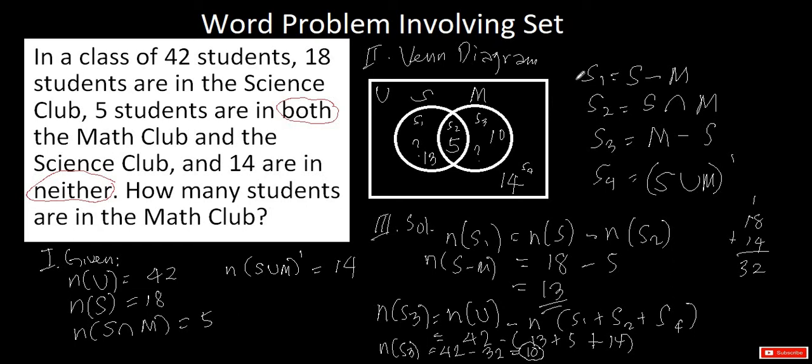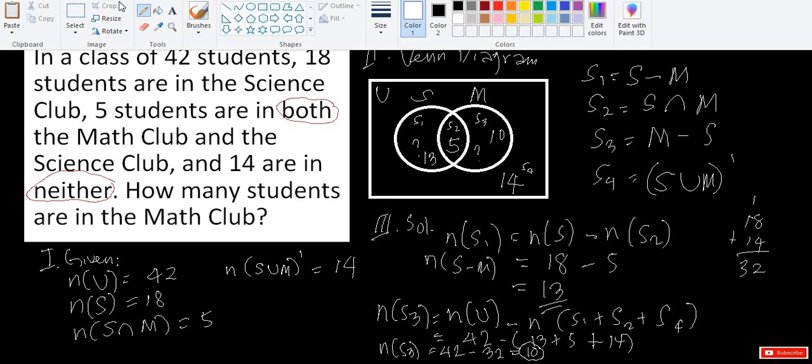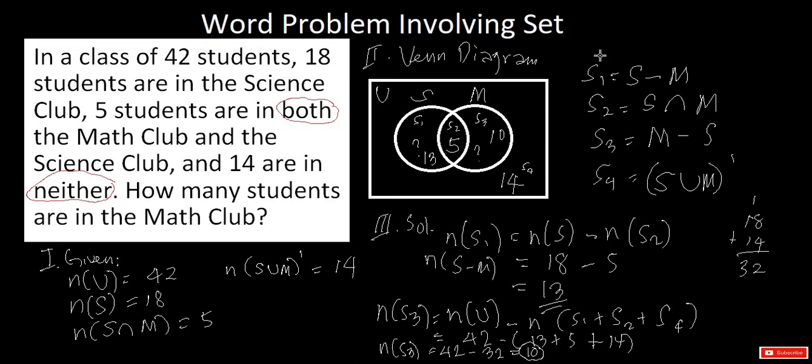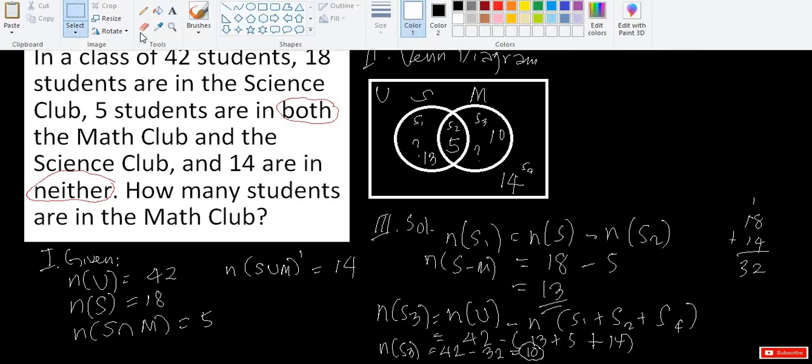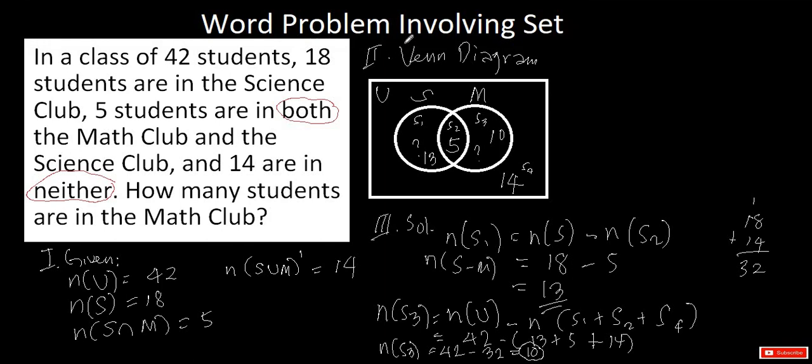So the next part is the last part of our process in solving the problem, which is showing the answer to the problem, or writing the answer to the problem. Okay, we need space here, so let's erase this. Okay, so we have part 1, our given. Part 2 is our Venn diagram. Part 3 is our solution in finding the unknown cardinalities in our Venn diagram. And the last part of our process in solving this problem is writing our answer to the problem.